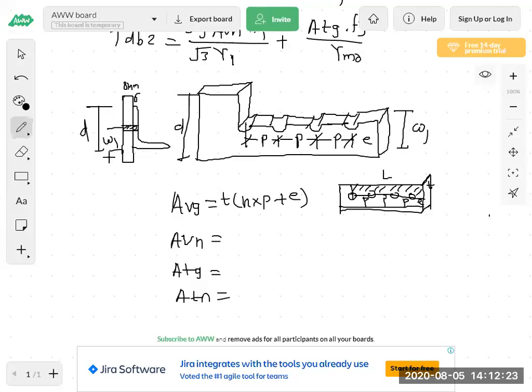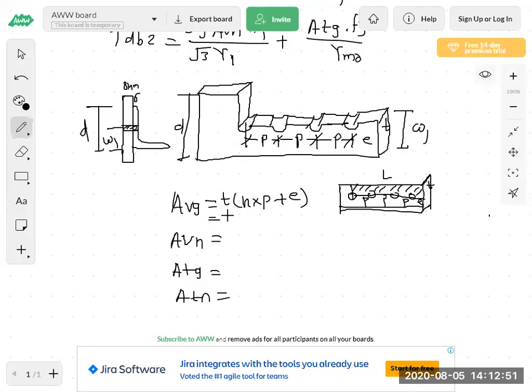This is the side elevation, this is the 3D section, and this is the length into thickness in shear. Are you getting it now? See, this length into this thickness is the shear area. So how do we get the length? We have 1, 2 and 3 pitch. So N into 3 plus E. So we got the length into this thickness, so we got the area of the shear.